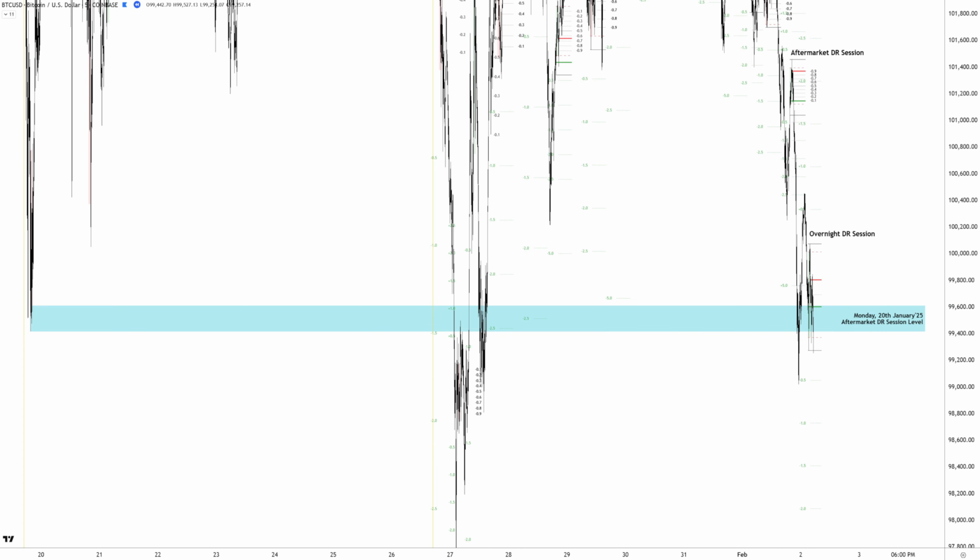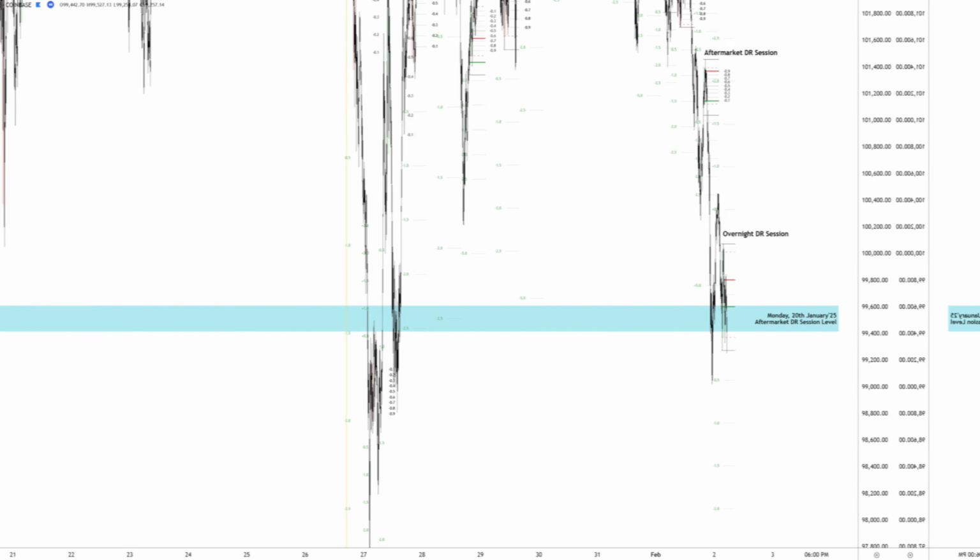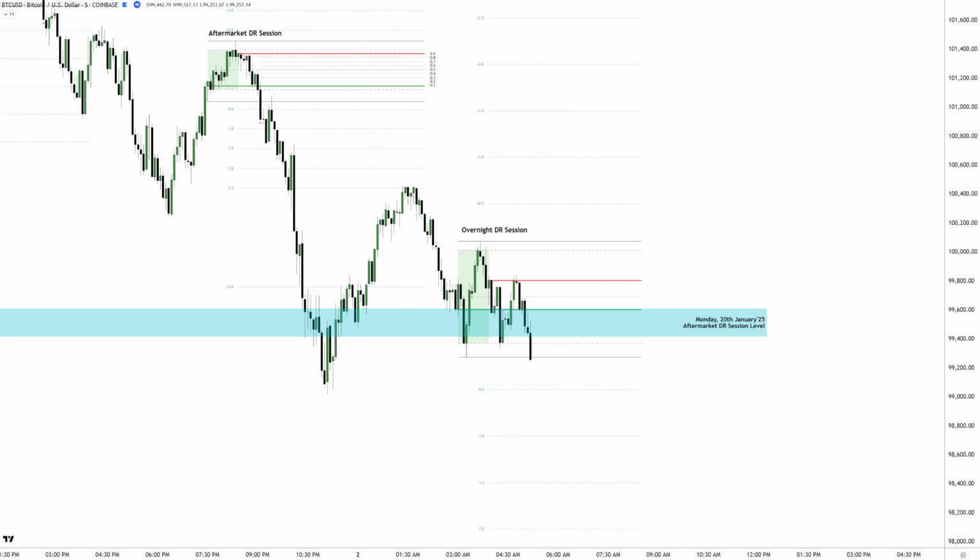These historical levels should never be overlooked, as they add an extra layer of confluence when preparing for a potential trade setup. With that in mind, identifying a solid stop-loss level was straightforward. If price retraced into the lower portion of the defining range, the stop should cover both the opening price and the previous DR session level.